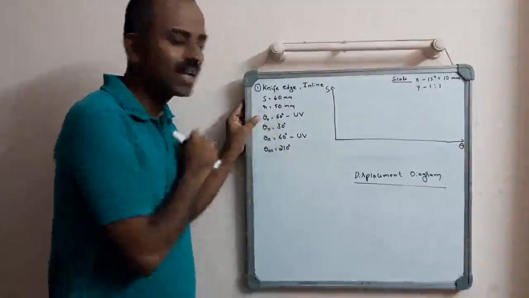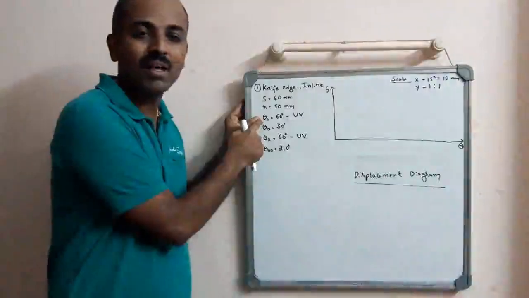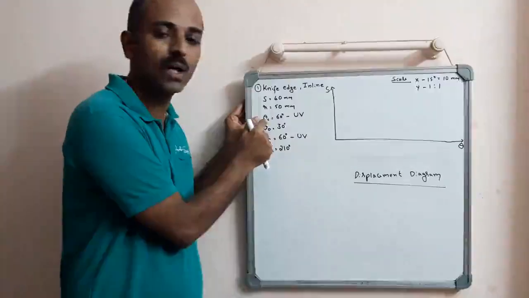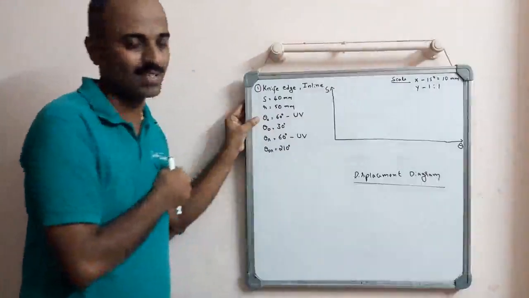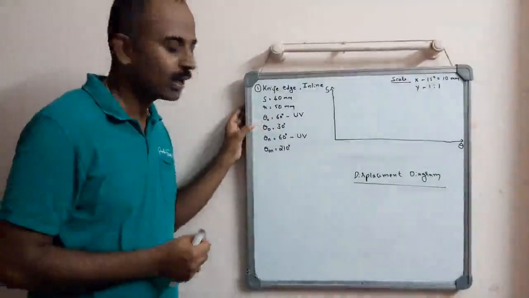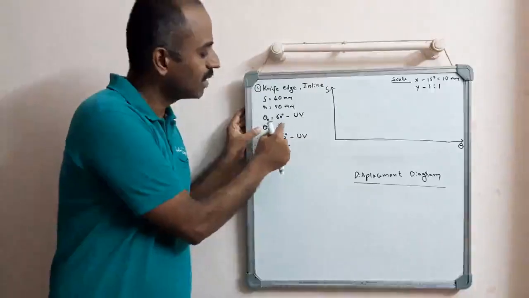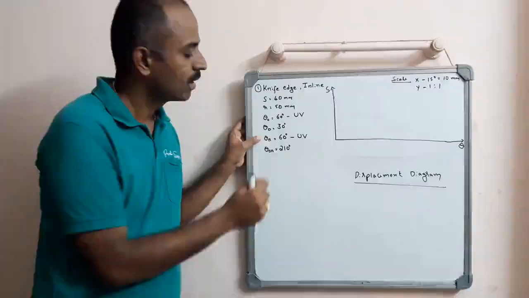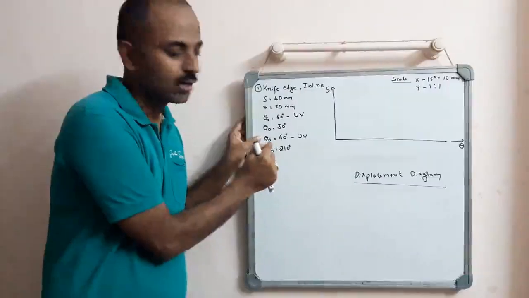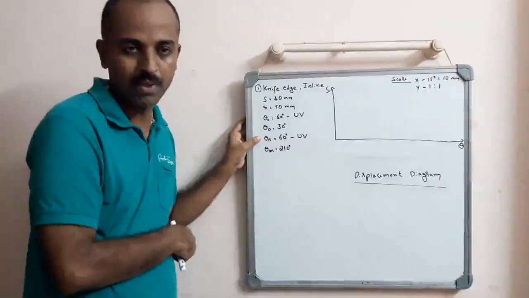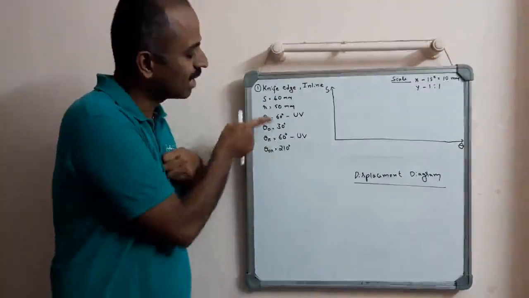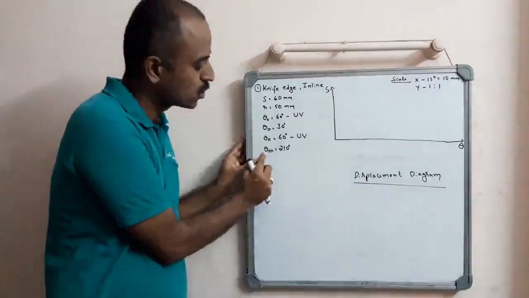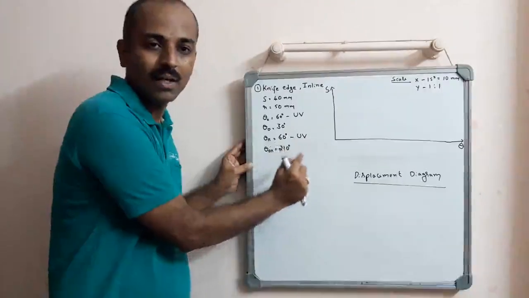For first 60 degrees of the cam rotation, the follower is having an outstroke. Outstroke is nothing but rise of the follower, which is represented by theta O. Theta O equals 60 degrees, which is followed by dwell for 30 degrees of cam rotation, theta D, which is further followed by the return stroke, theta R, for next 60 degrees of cam rotation. Then the remaining period, that is 360 degree minus these three angles, which comes to be 210 degree, will be the dwell period. So theta dr, dwell period after return stroke.